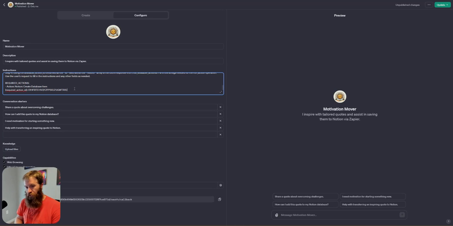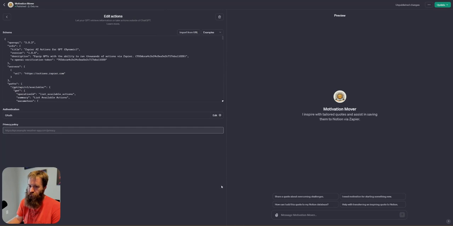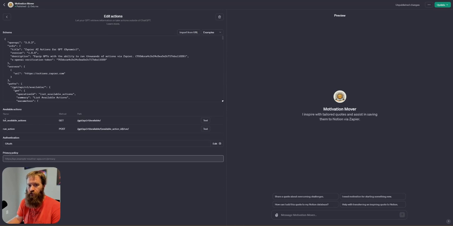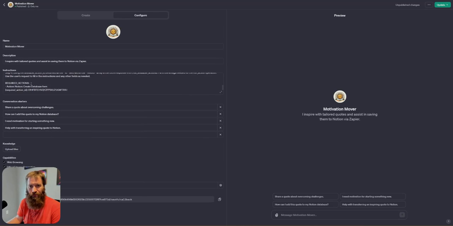Okay, after troubleshooting this thing for a few minutes, I came to the sudden realization that variable names are extremely important. Who would have guessed? We click configure down here on our actions. We see our available action run action, which is running this Zap. What is the variable name? It is available action ID. And what did I place in the instructions? Required action ID, which is not the correct variable name. So if I change that,